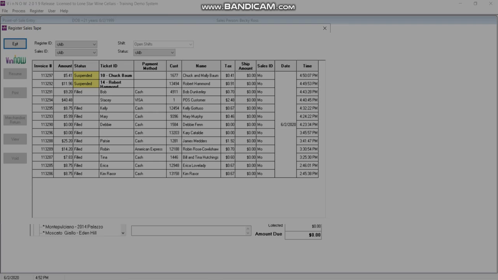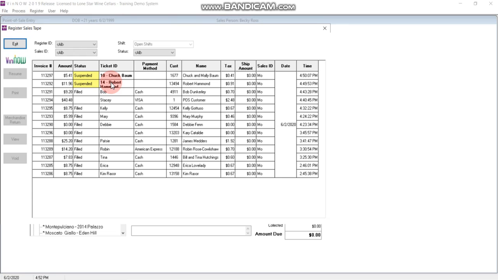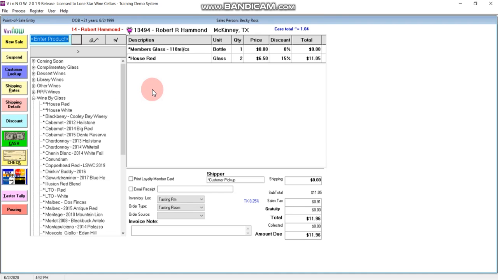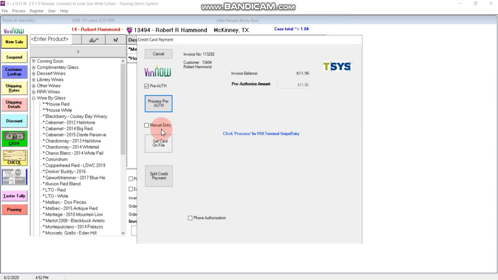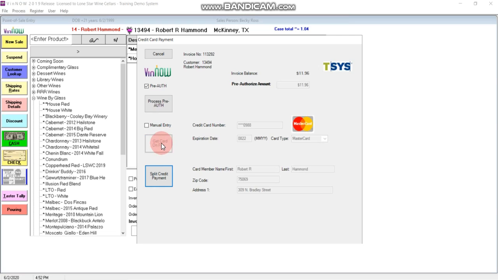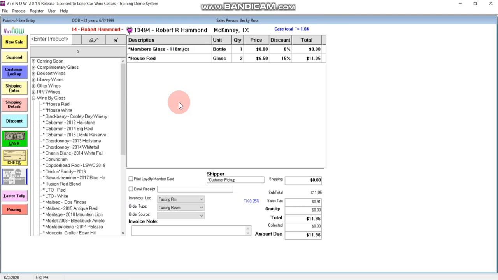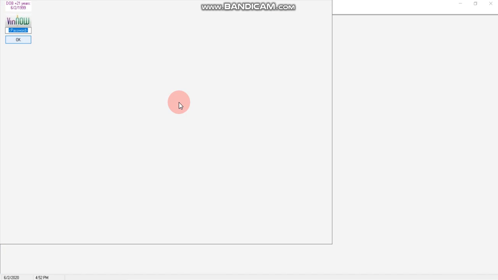Let's assume that Robert Hammond is in the store and he is ready to receive his ticket. So open the ticket, and he is a club member and he's asked to use his credit card on file. You've reviewed the ticket, you know that it's accurate, and he would like to use a card on file, so I selected Get Card on File and Pre-Authorize. We're pre-authorizing this wine club's card, and then